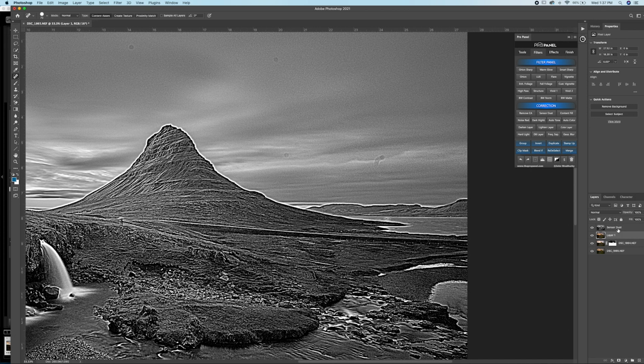And when you're doing this, you don't want to paint on the sensor dust layer, you want to paint on the layer underneath. Again, this is just a map for the sensor dust. And you're just going to paint over this with your spot healing brush like so. And I have my brush set to 100% hardness, and then it's set to content aware. So I'll paint over these spots like so,